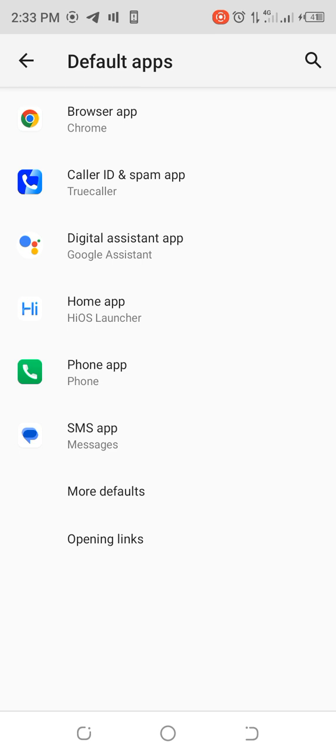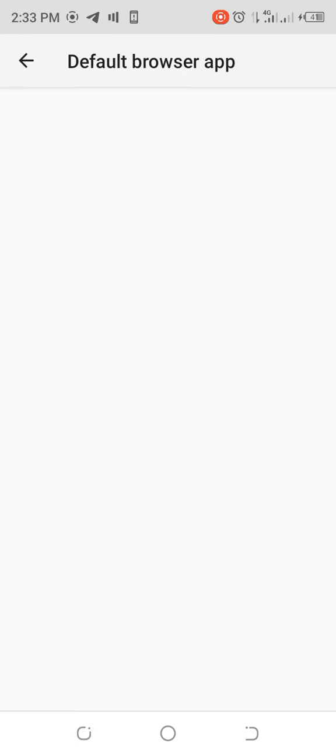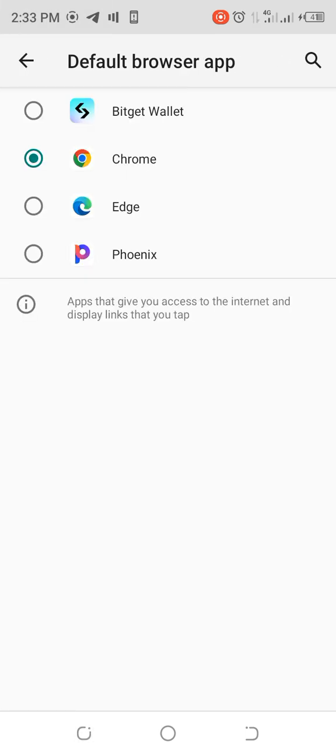Presently, you can see I have Chrome. It's Chrome that I have under my browser app. So let's click on it and see the next thing that we need to do. So here are other different apps that I have on my phone that are also browsers, which I can use for browsing. So right here, I will be picking this Edge, and after picking,